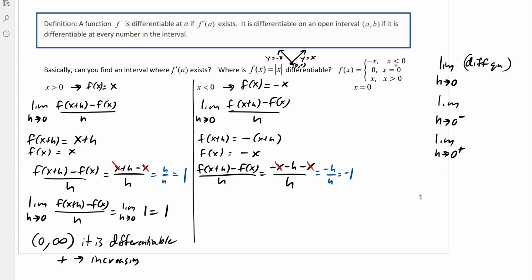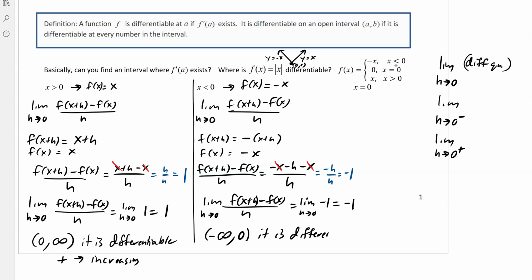So now if we do the limit as h approaches 0 of our f of x plus h minus f of x all over h, we end up with the limit as h approaches 0 of negative 1, which is negative 1. So from negative infinity to 0, it is differentiable because it exists, right? And it's negative, so that means it implies that it is decreasing. Now, why am I not doing the left and right is because I don't have to. We're actually getting a value here that the limit is approaching. But if I approach 0,